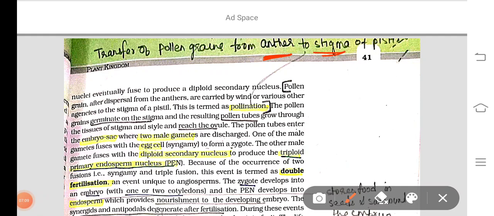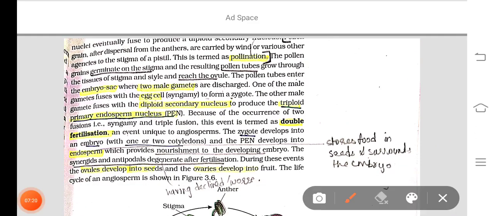Stigma is a part of the female sex organ, which is pistil. And male का sex organ क्या है? Stamen. And anther is a part of it. Now, the pollen grains germinate on stigma. Now, what happens is that the pollen grains are carried away by wind or various agencies to the stigma of the pistil. Now, when they reach the stigma,